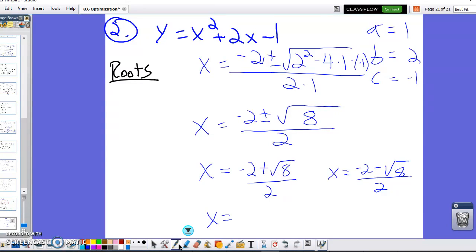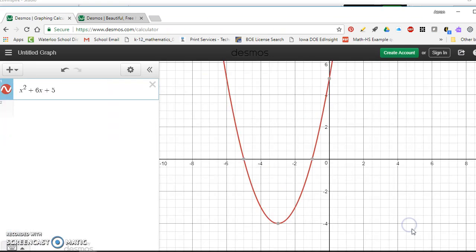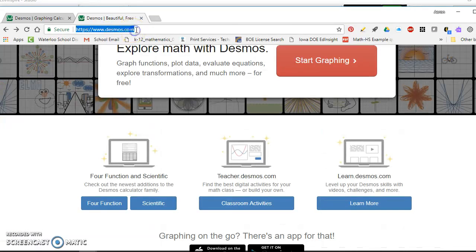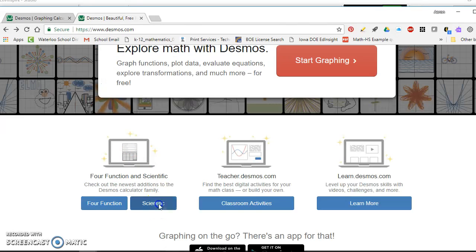All right? So you're at home, maybe you don't have a calculator, that's totally fine. I probably wouldn't expect you to. But you can go back to your friend Desmos here. And I'm on the graphing site here, so if I go to desmos.com, this is the home screen. And there's this little spot right here for calculators. It's for function and scientific. So if I click on the scientific calculator,